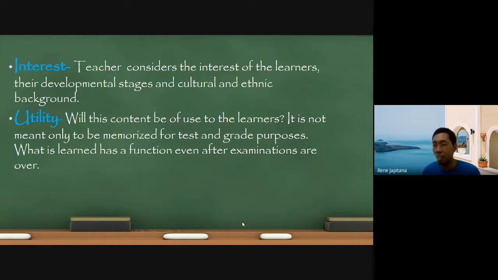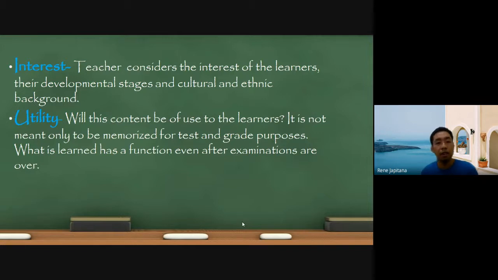So when they say utility is the usage of their learning, it is not because we give them an assessment or a quiz, or because they got a good grade and memorized all the principles and concepts, that they are learning. But what is utility all about? It's the application of the learning that they had. So how are they going to utilize the learning, the concept, the knowledge, the wisdom, and all the things that we need them to develop or learn?